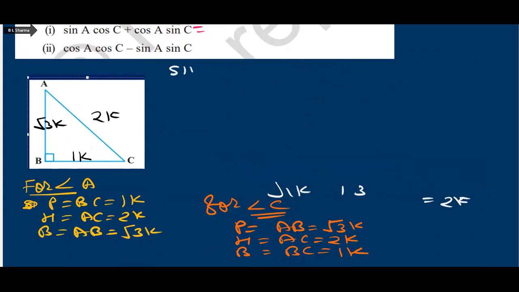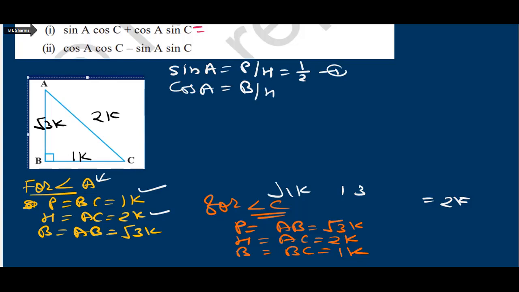So now sine A, that is perpendicular upon hypotenuse. Perpendicular is 1k, hypotenuse is 2k, so 1 upon 2. Cos A, for acute angle A, that is base upon hypotenuse, that is root 3 upon 2. And now for acute angle C,